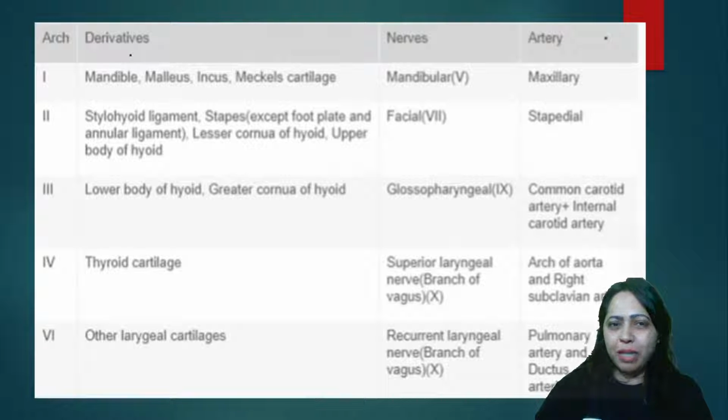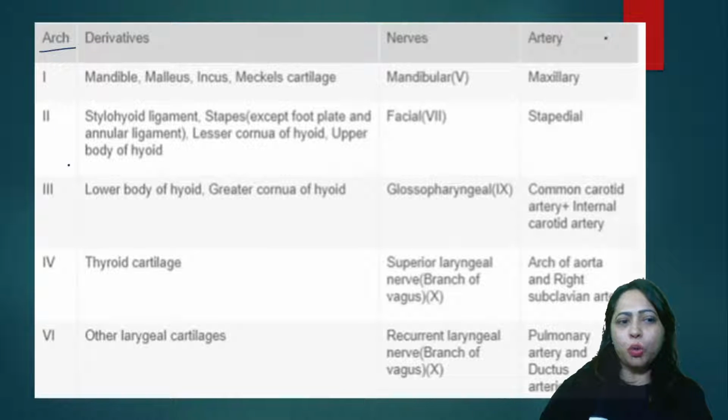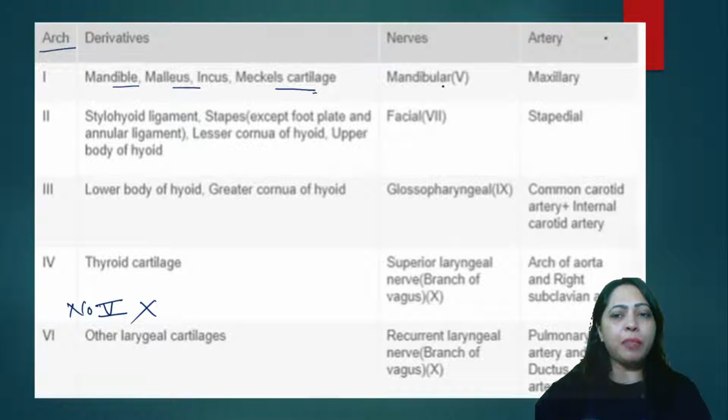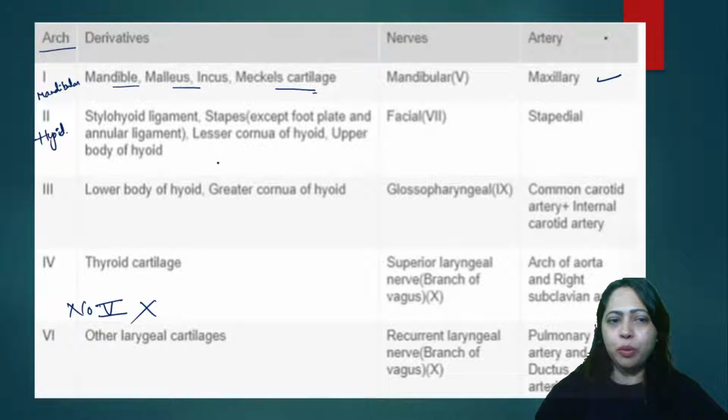Let's see some of the derivatives from the arches. We have arch 1, 2, 3, 4, and there is no fifth. Let's see what the derivatives are. We have malleus, incus, all these are derivatives from the first arch. Meckel's cartilage is the cartilage from this arch, and then we have the mandibular nerve and the maxillary artery. The second arch is also called the hyoid arch, and the first arch is also called the mandibular arch. Here we have the stylohyoid ligament, stapes, lesser cornu of the hyoid bone, upper body of the